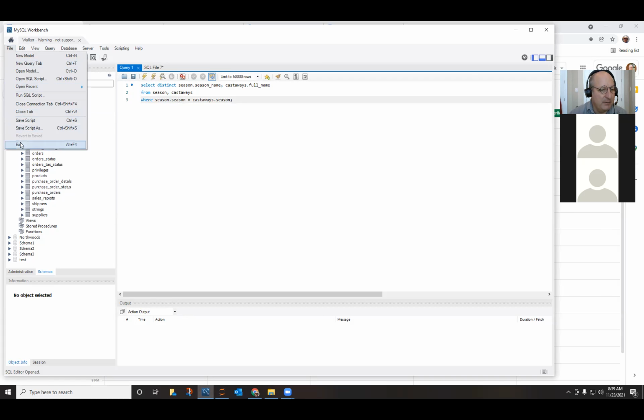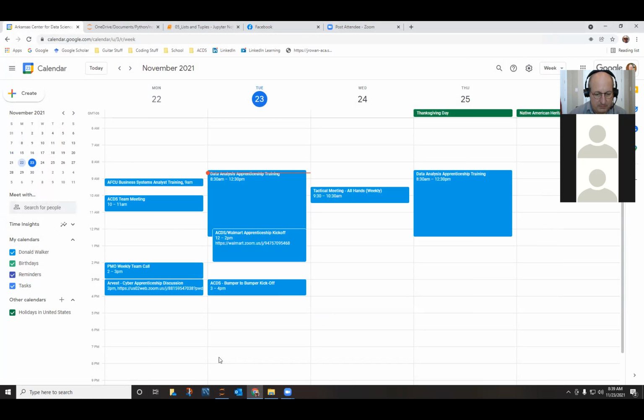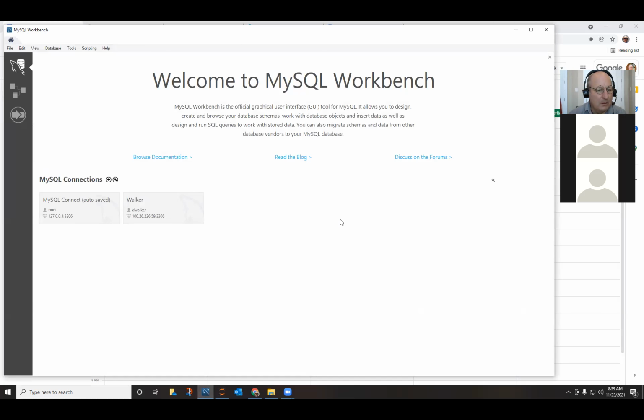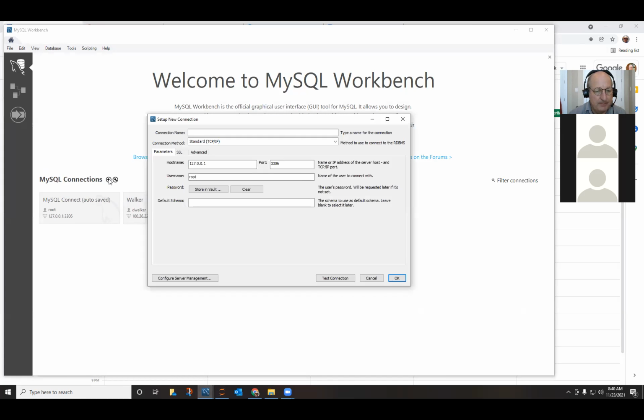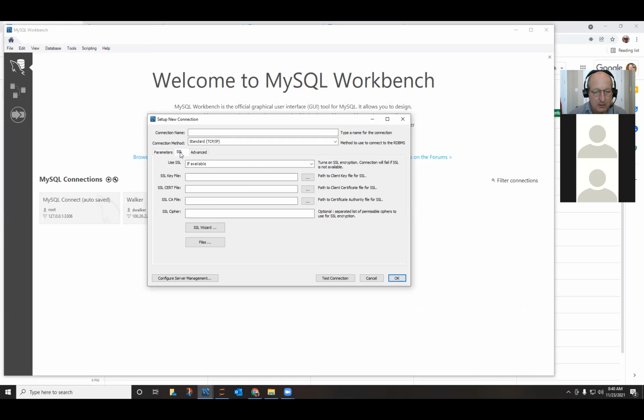I'm trying to get back out there without exiting all the way out. Okay, so I'll do a new connection here and see what's going on. Yeah, I got an error message too when I hit test connection. And in this SSL, if available,